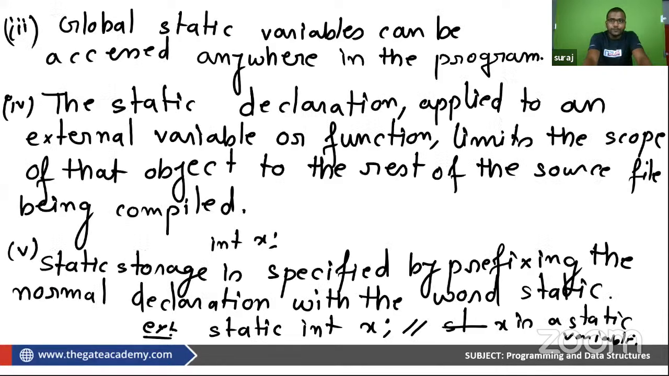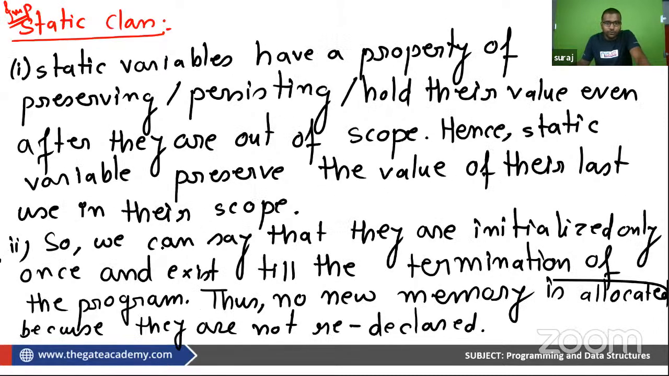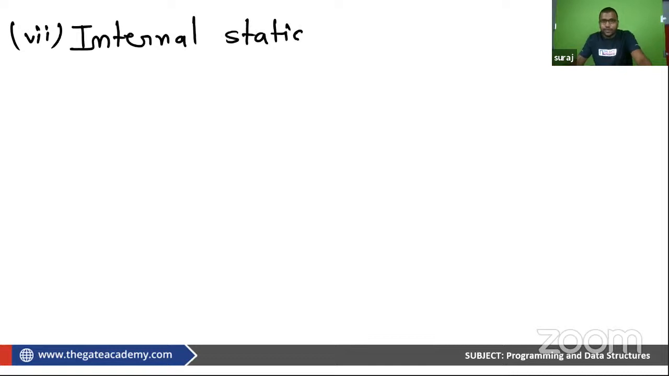Now we are going to see the previous year question. Understood now? We have seen that its memory is going to hold their values, hence static variables preserve the values. So we can say that no new memory is allocated. So this one point, last point, you write: internal static variables